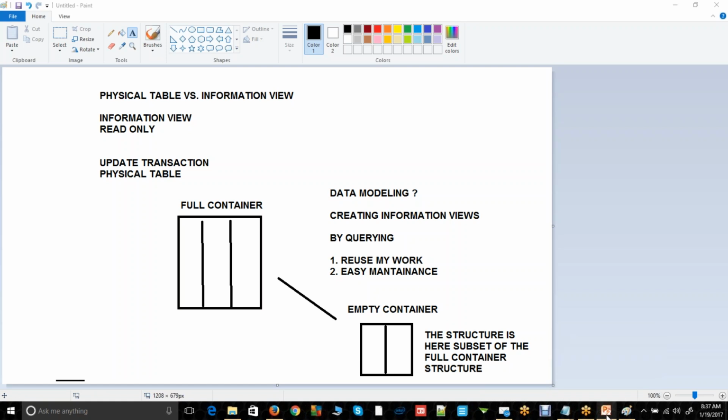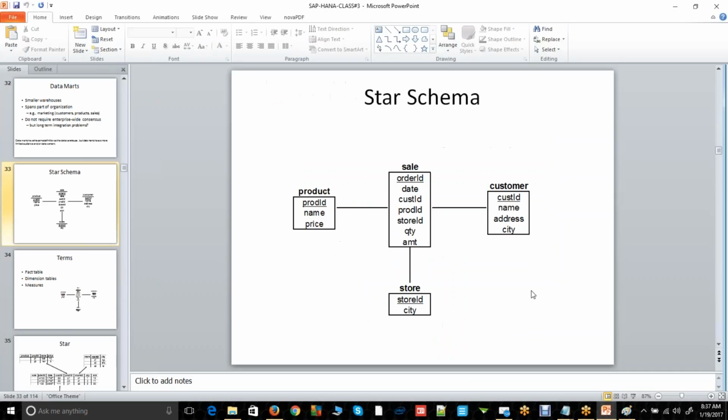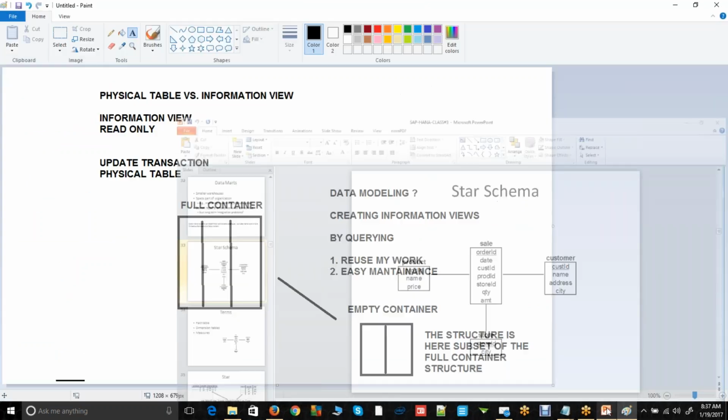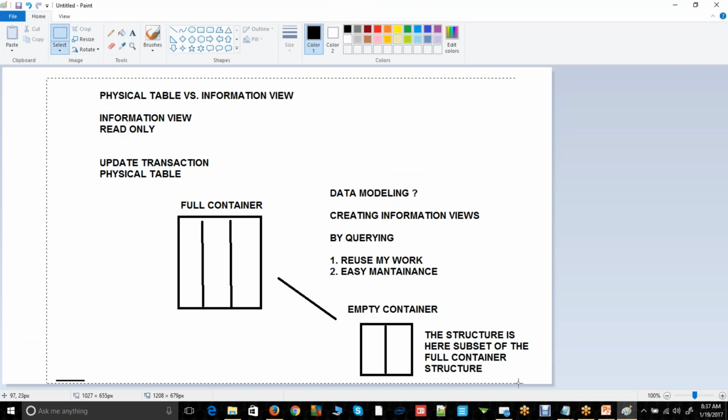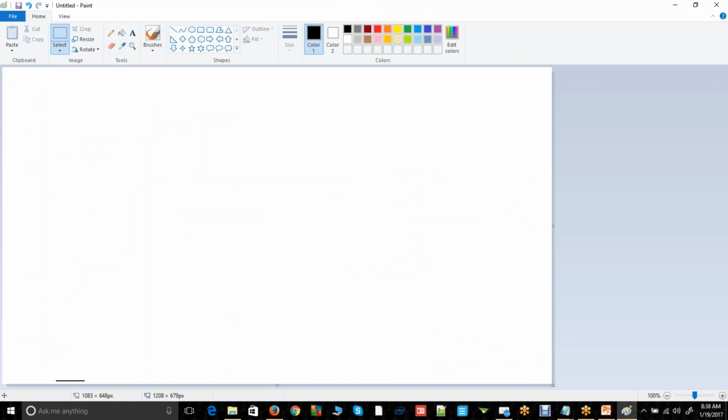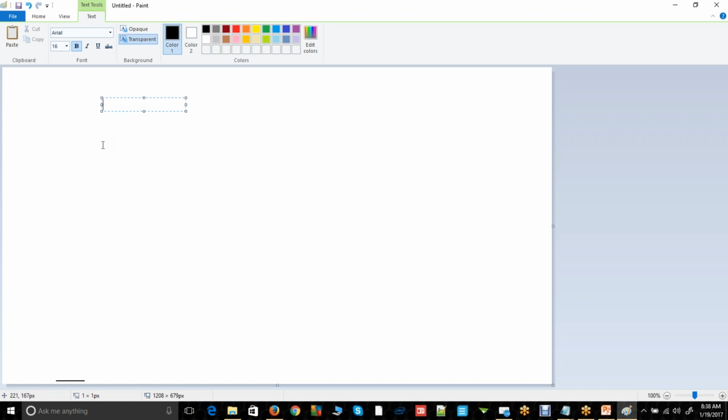Can I just move on to these multidimensional artifacts that we are trying to learn today? Yeah, go ahead. Thank you. Basically, we're inside the SAP HANA data modeling right now. We are actually trying to do two-dimensional modeling artifacts,